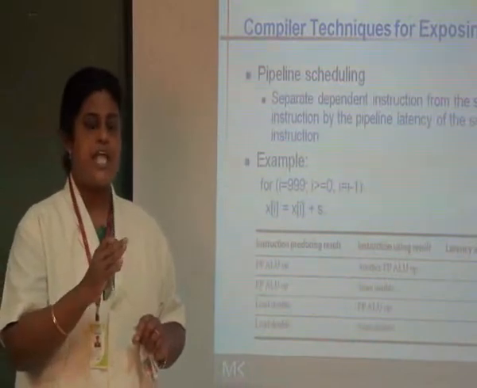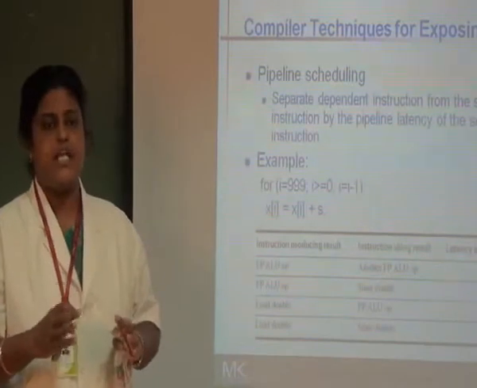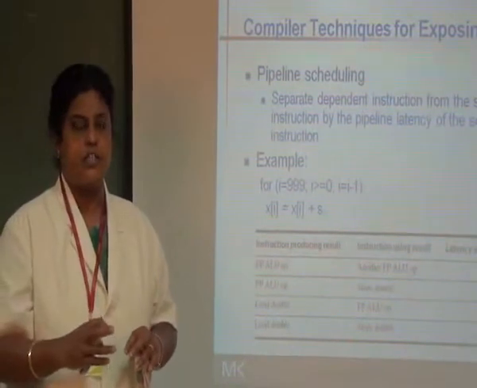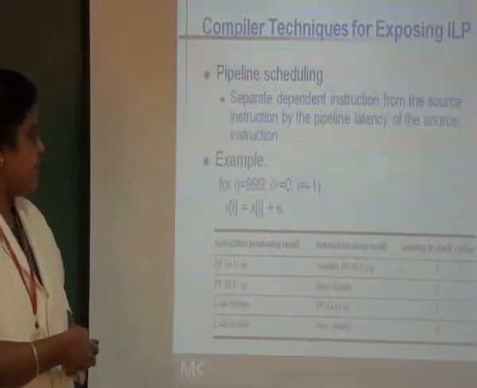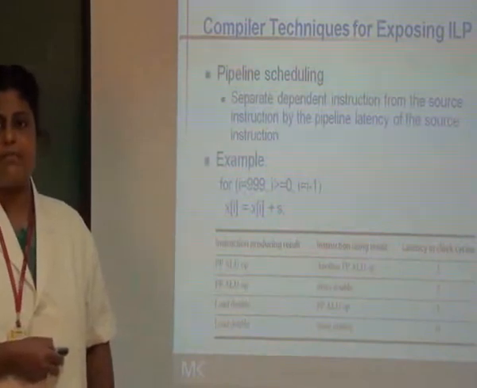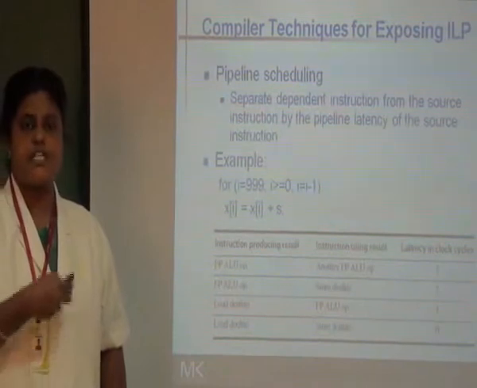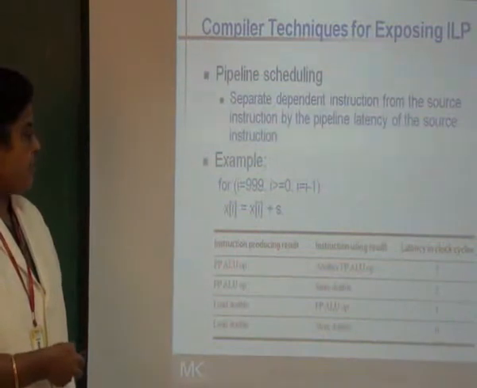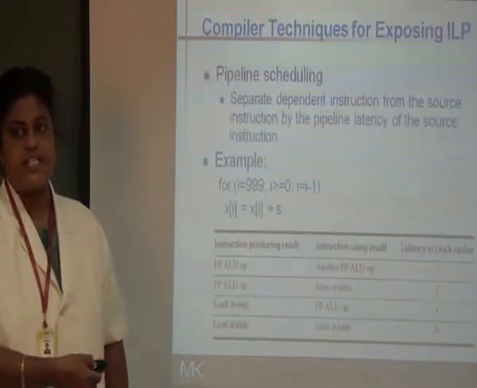So the source instruction and the dependent instruction should be separated by a distance in clock cycles which is equal to the pipeline latency of the source instruction. So this is what is actually going to be called pipeline scheduling. So for example, we have a table which tells you about some examples of the latency in clock cycles if you consider source instruction as well as the destination instruction. Let us consider that the instruction producing the result is actually a source instruction, and the instruction using the result is actually a